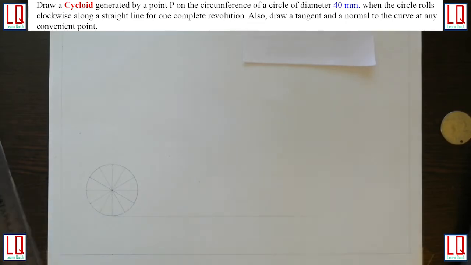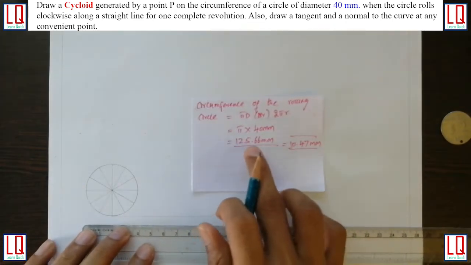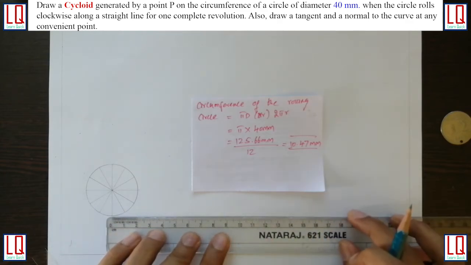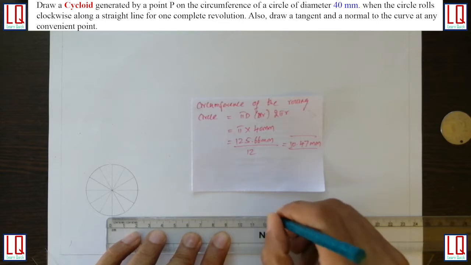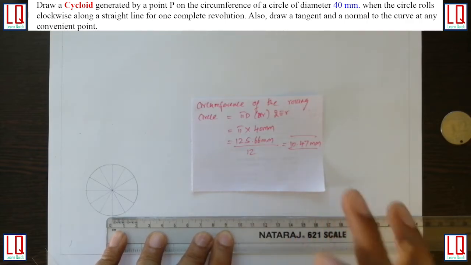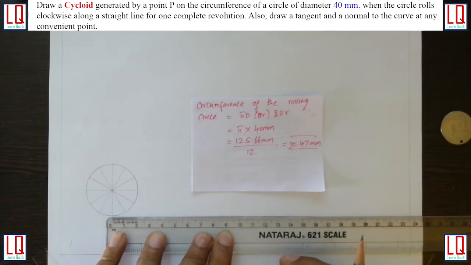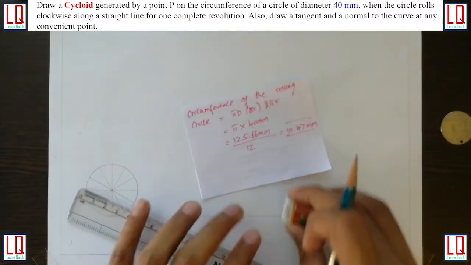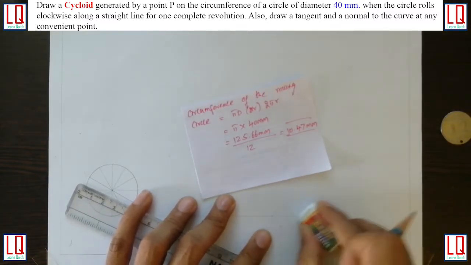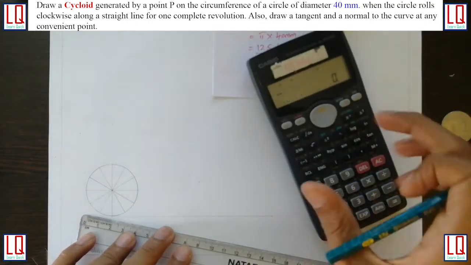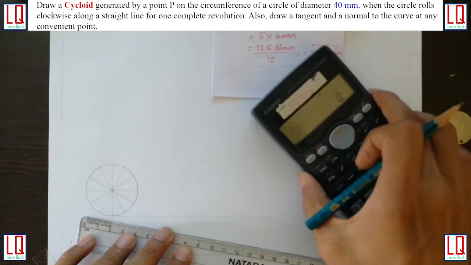On the line, first I have to measure the calculated 125.66 mm for one complete revolution, and then divide this into 12 equal parts. If you ask how to divide this line into 12 equal parts, you can use the geometric division method, which has been explained in our previous video lecture on diagonal scales. You can refer to the video in the description. If you don't have a proper setup like an engineering drafter to make the geometric division, you can make some simple calculation to minimize the error in the division of the line.